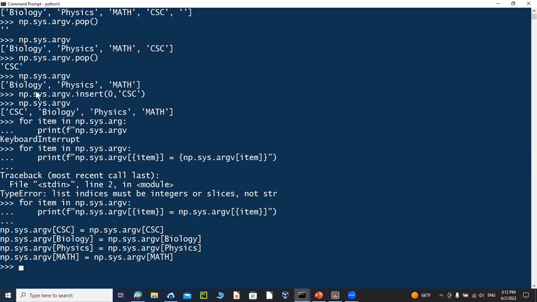Yeah, this is how you fix it. So the np.sys.argv doesn't need to be in braces, but item is the variable that changes. So every time we want to say np.sys.argv of computer science, it is this. And if we just want to print it without the entire thing, we could have just done that one also, like